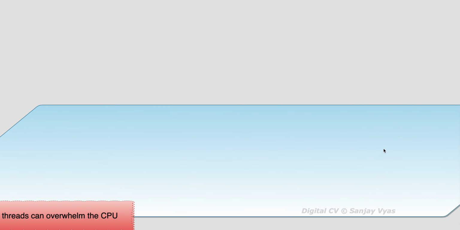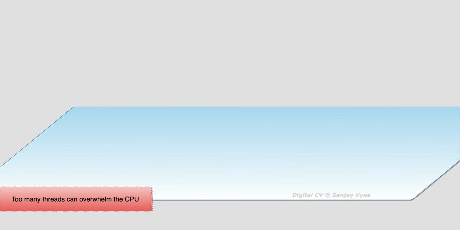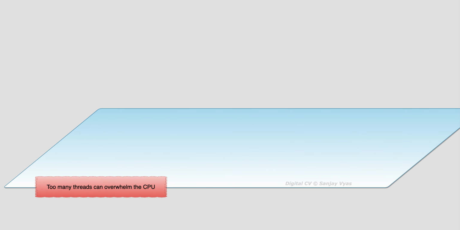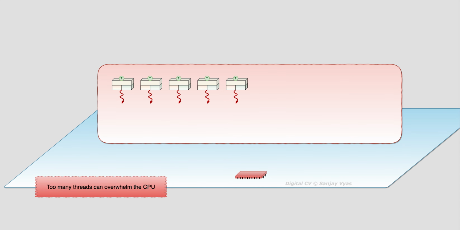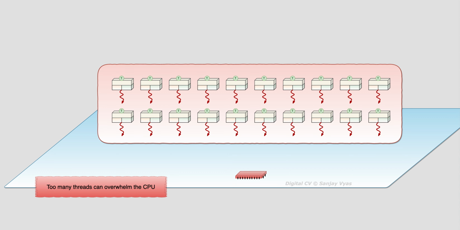And when that happens, we'll end up creating too many threads. Now, when this happens, we have a lot of load coming on the CPU. So let's visualize this scenario where we have too many threads being created. All these threads are running at the same time. They are accessing similar resources and basically causing a load on the CPU. So instead of improving performance, there is a degradation of performance in our application.